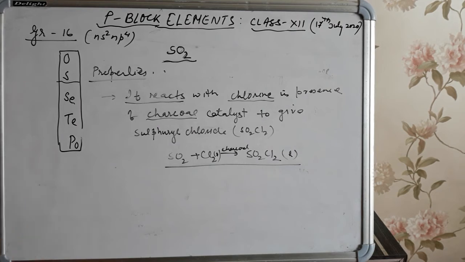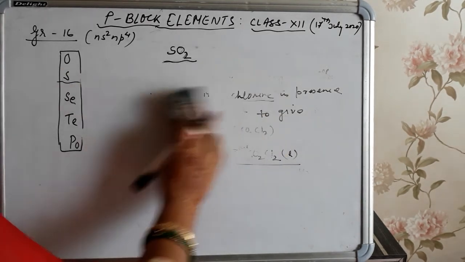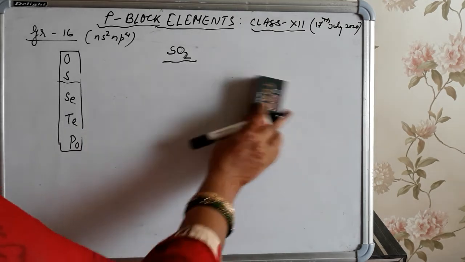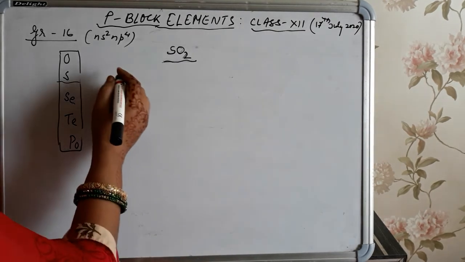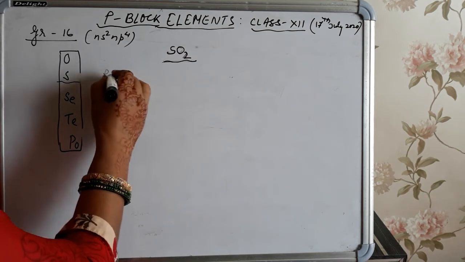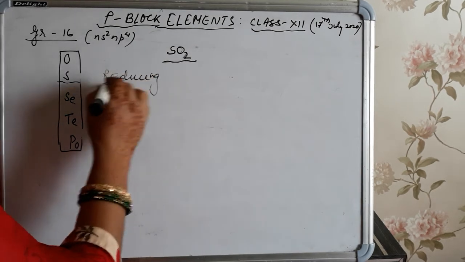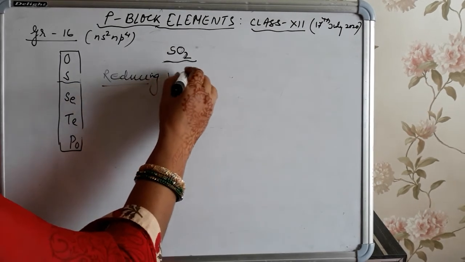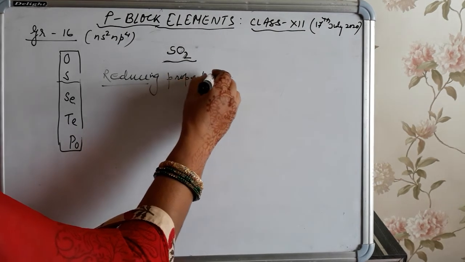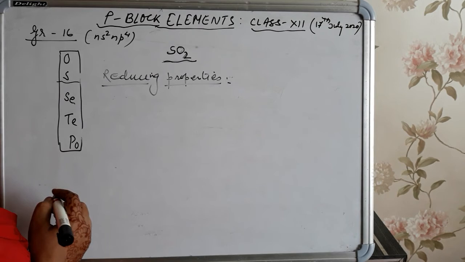Next property is their reducing property or oxidizing property. We will discuss it. So the next property, write down, is the reducing property. In the presence of moisture,